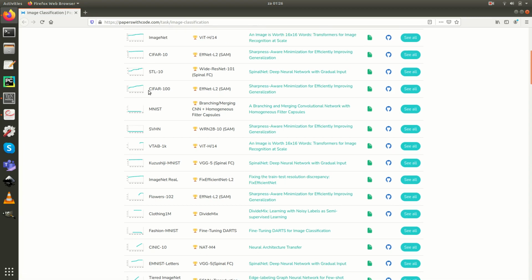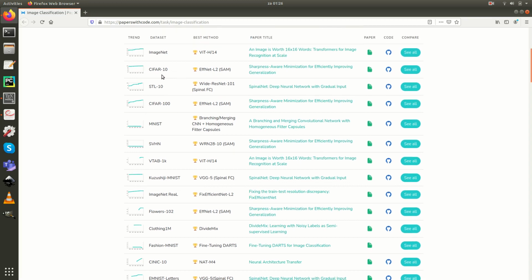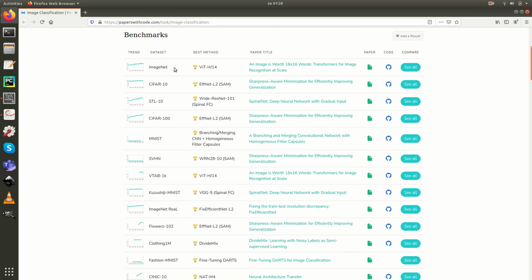There is CIFAR-100, which is an object detection task with 100 different classes. CIFAR-10 is the 10-class version. And the most challenging task is this ImageNet. So for example, if we look at